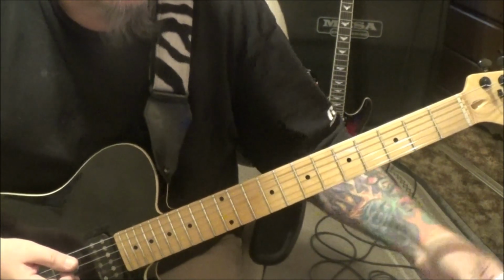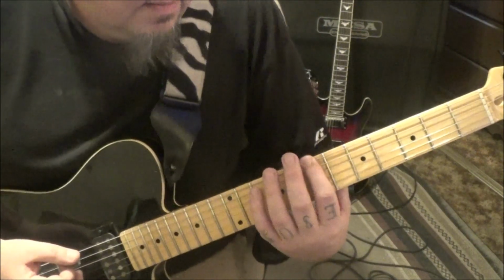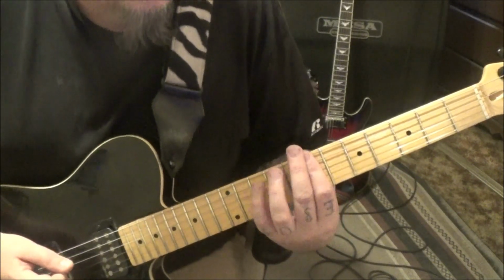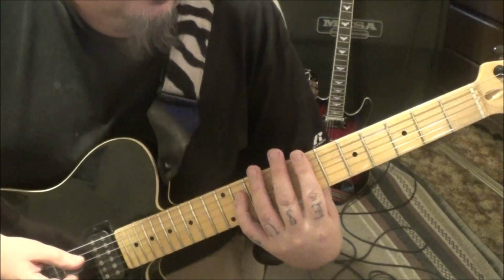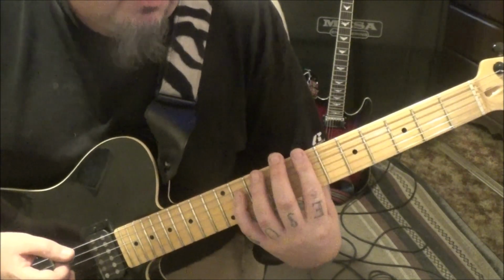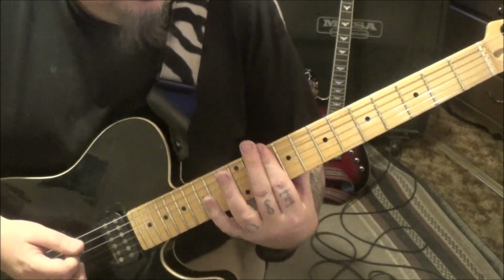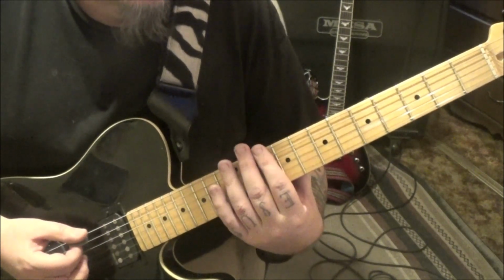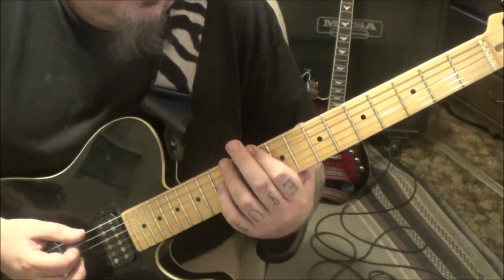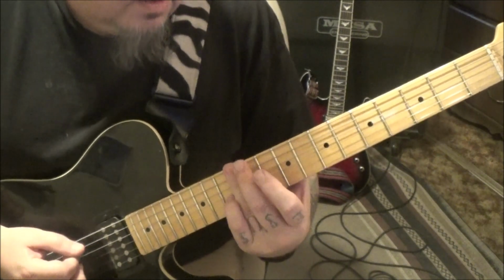And then top of page 4, 7th fret on the E, palm muted, and the A palm muted. 7, 11, D. So we have, keep going though, you're gonna go palm mute 10 E, and then hit the 10 A, and then with the third finger he does this thing. He goes